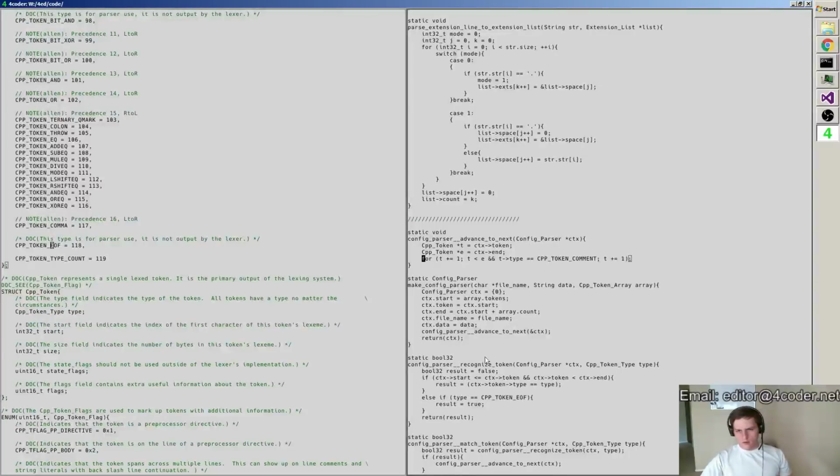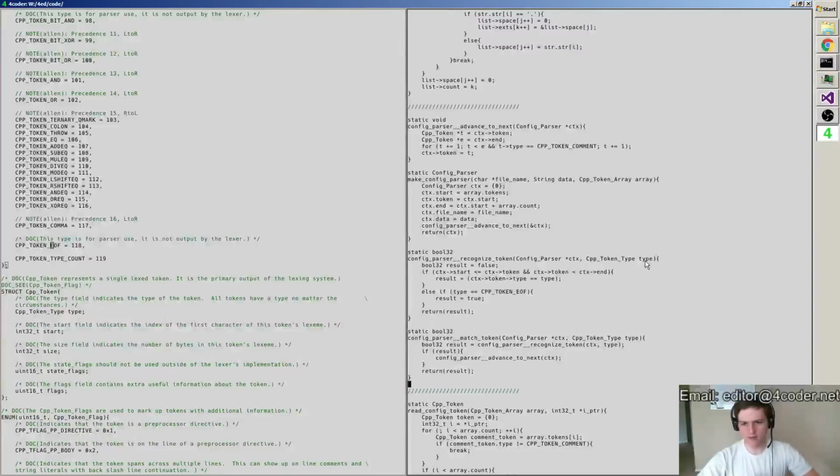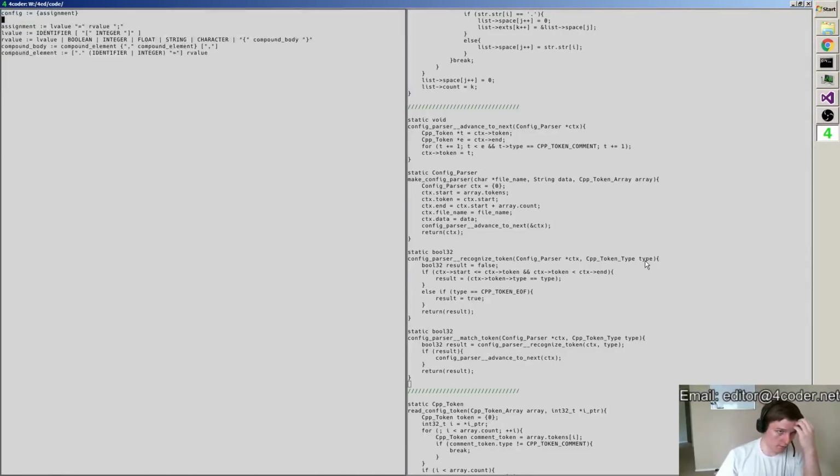Okay, so t is less than e and type token comment t plus equals 1. Yes, okay. So it'll stop at the end, and it will stop if it sees something that's not a token, and it'll be right there, and then we'll say context token equals t. Okay. So whenever we want to step forward one, we don't add one to it, we say advance to next, and that does the work of skipping the things we don't want to see. Alright. So back here on the grammar,